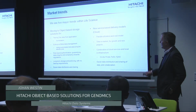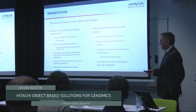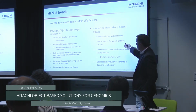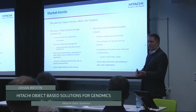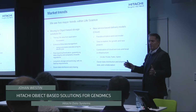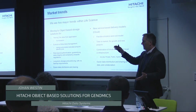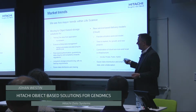And we also see new service-based delivery models. We'll be discussing cloud solutions today and yesterday. Why do we see that? Time to market, handling growth, handling new products, short-term projects that need the infrastructure for a shorter term, or if you need to ramp up for some analytics, you can do that as well by adding